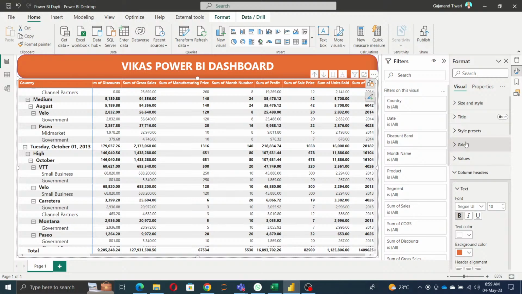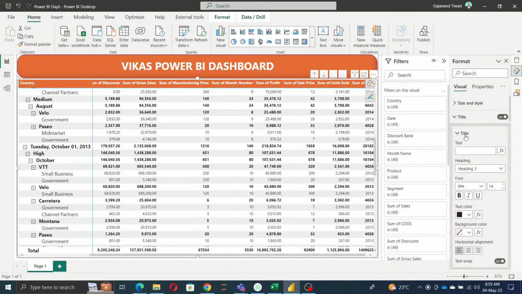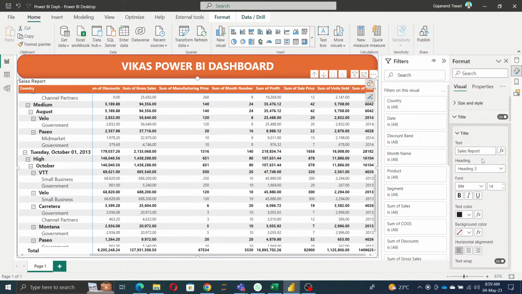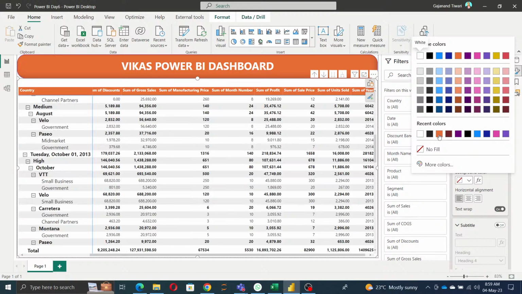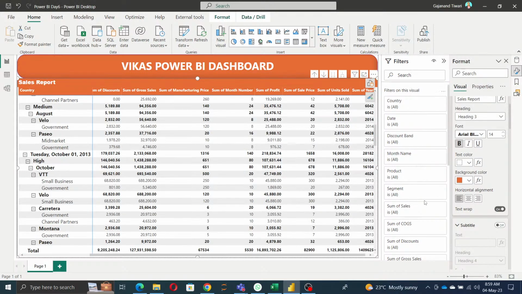सो इसको सीखना इन वन डे नॉट पॉसिबल, ओके, सो you do practice it, okay, let me know if you get difficulty. And also you can give the header if title, if you want to looking for the sub kind of title. So sales, if you want to bold it, change the color, Arial black, or maybe change the text color should be white, background color should be different, जो भी हो, ठीक है, ऐसे कर सकते हो आप। दिस इज कॉल्ड मैट्रिक्स रिपोर्ट।